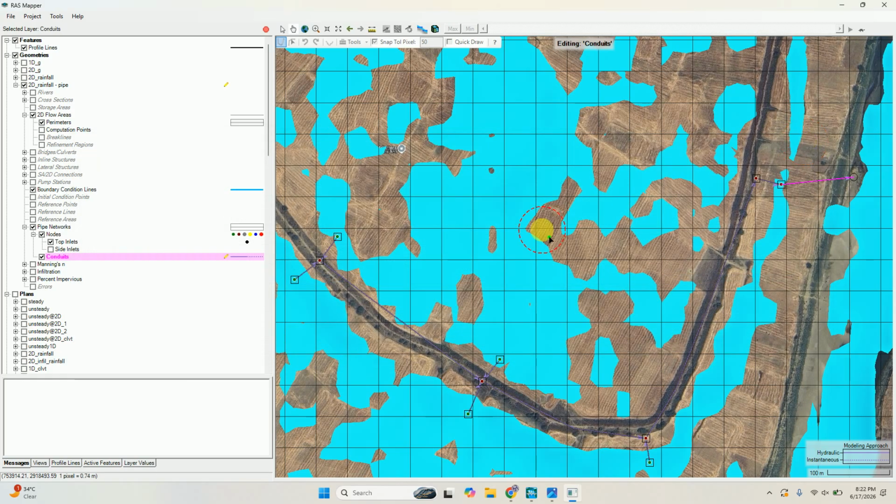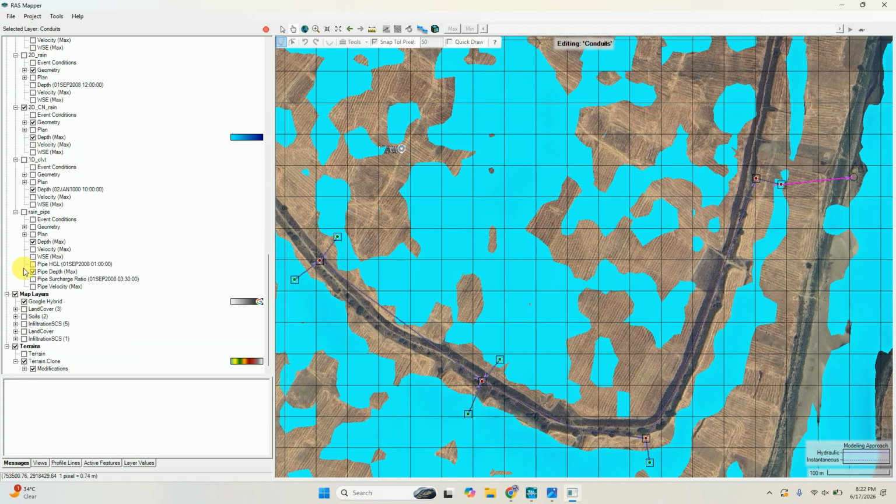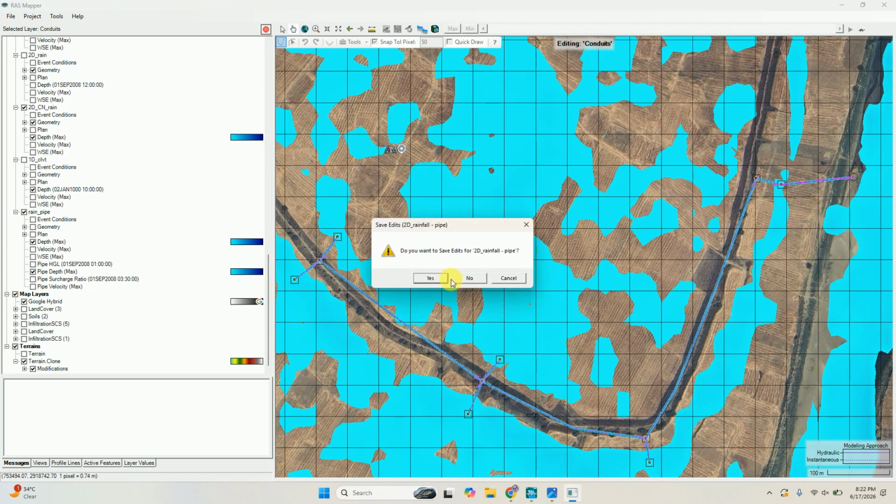After saving, you have to run the model. I will show you the results. Let me save it first.